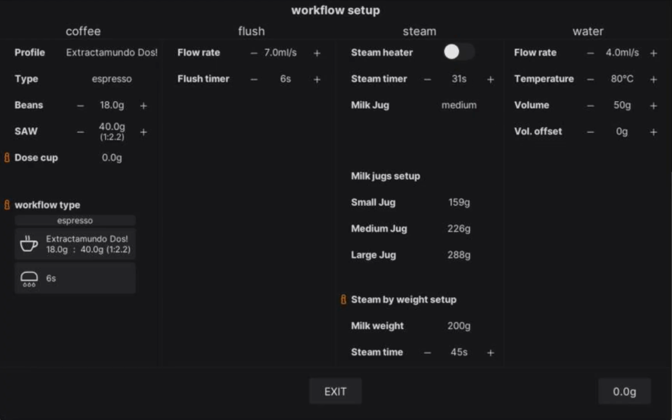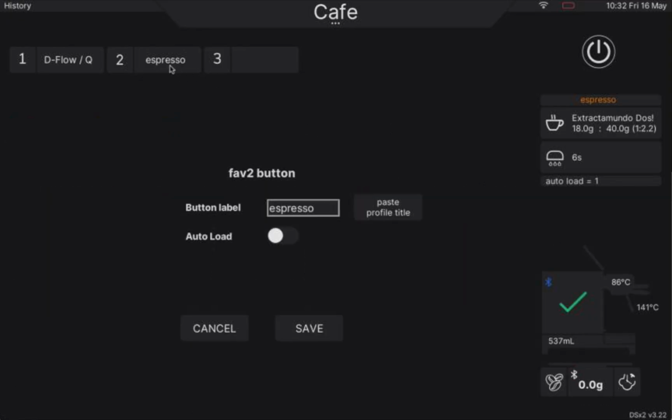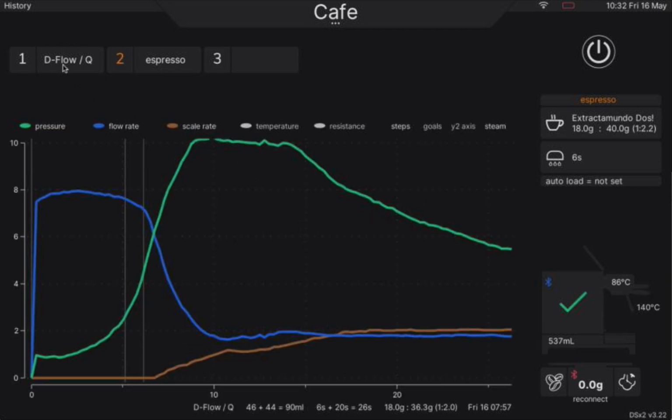I'll set the steam heater off, and we don't use any of these settings, so I won't change that. Okay, that's set up. I'm going to long press on there. I'm going to call it espresso still. I don't want to auto load, I want this one to remain as the auto load. So we go save. Okay, so now we've set up 2 different favourites,